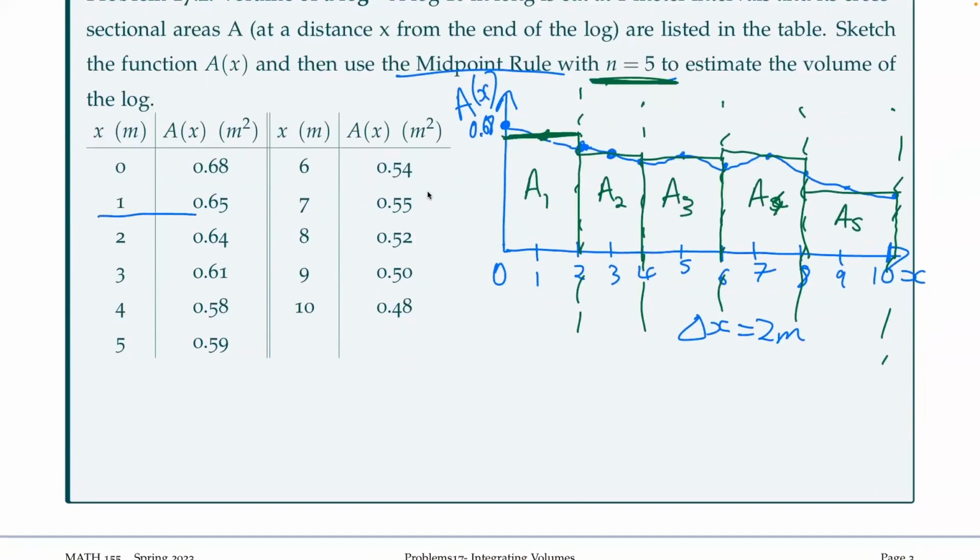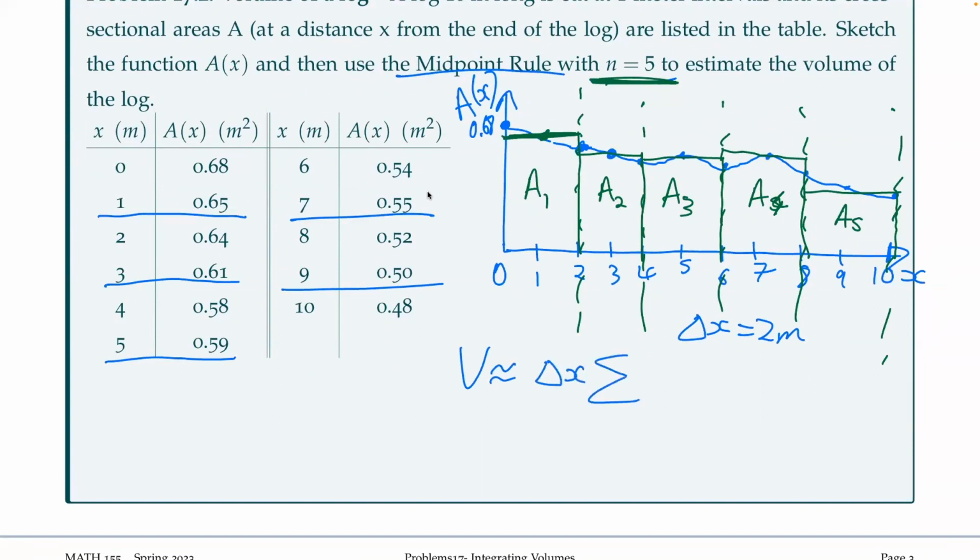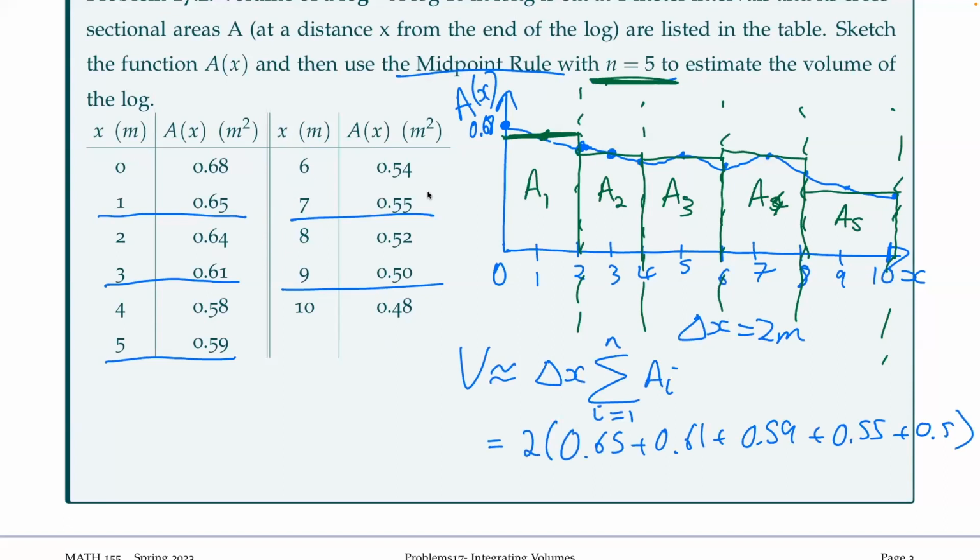So what I've done here is I've taken the heights of these to be at 1, 3, 5, 7, and 9 meters, sorry. These are going to be areas that I'm going to use to estimate the total volume. The volume is going to be approximately delta X times the sum of these areas. We just need to add these up. If you do that, it should come out to 5.8